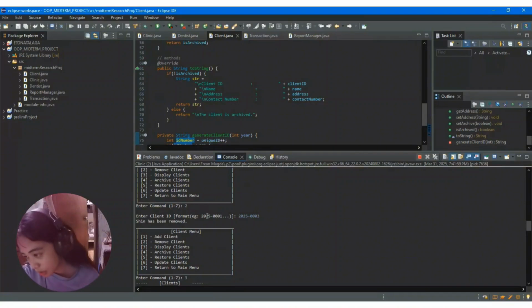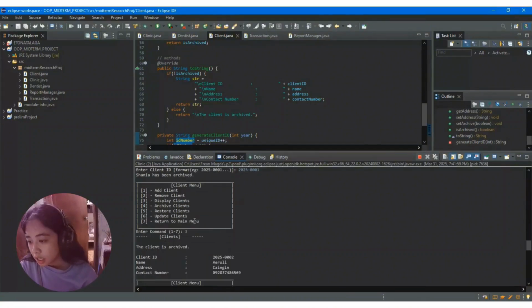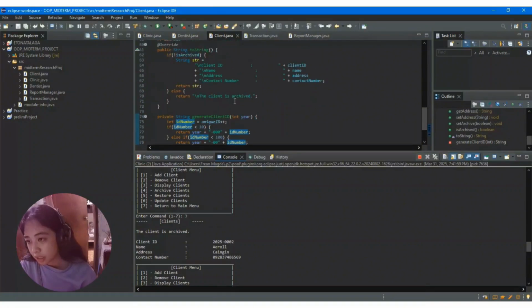So, in the option number 2, there is, it is called remove client. So, ang kaibahan niya is kapag ni-remove mo yung client, hindi mo siya mababalik. Unlike here in the archive, kapag in-archive mo siya and then you display it, it will show again that the client is archived, and then it will show the other, kapag click mo yung archive for the client, andun pa rin siya. So, ibig sabihin, restorable siya, unlike the remove client na kapag tinanggal mo siya, hindi na siya pwedeng i-restore.